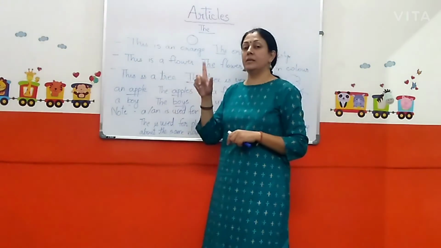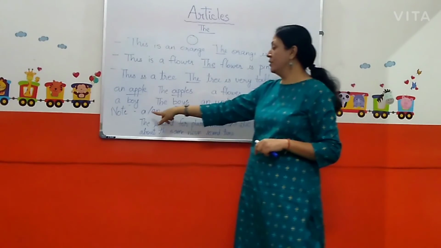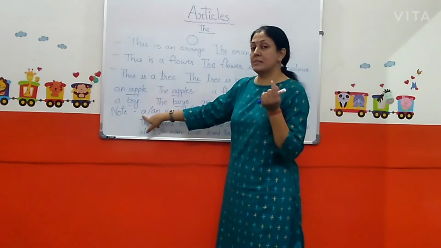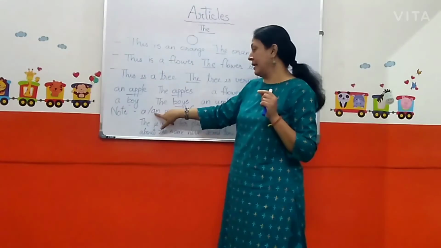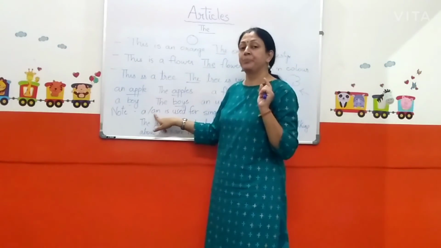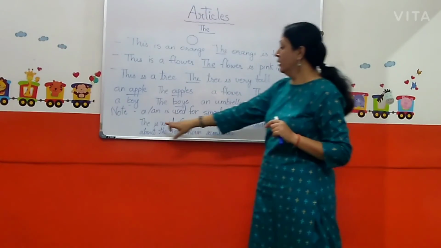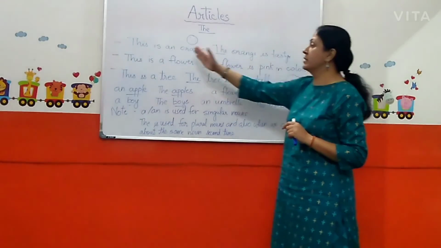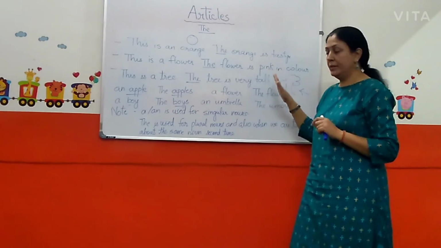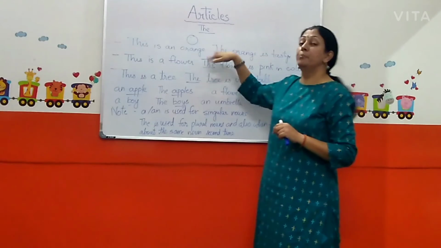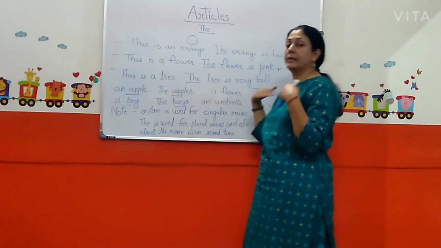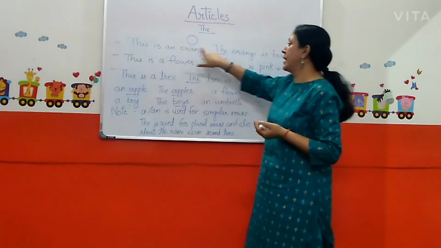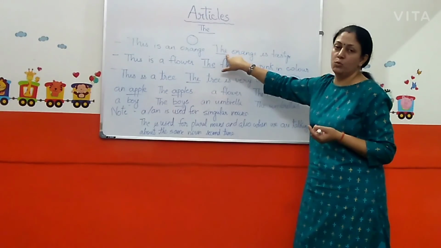जब हम लोग एक सिंगुलर नाउन की बात कर रहे हैं, एक नाउन की बात कर रहे हैं, we will use a or an. A when the first letter of the word is a consonant, and an when the first letter of the word is a vowel. Good. Now the is used for plural nouns and it's also used when we are talking about the same thing the second time. Got it? the हम लोग कब यूज करते हैं? जब प्लूरल नाउन हो, एक से ज्यादा लोगों के बारे में बात करें या चीजों के बारे में, या फिर जिसके बारे में हम लोग पहले बात कर चुके हैं उसके बारे में दूसरी बार बात कर रहे हैं तो हम लोग द यूज करेंगे.